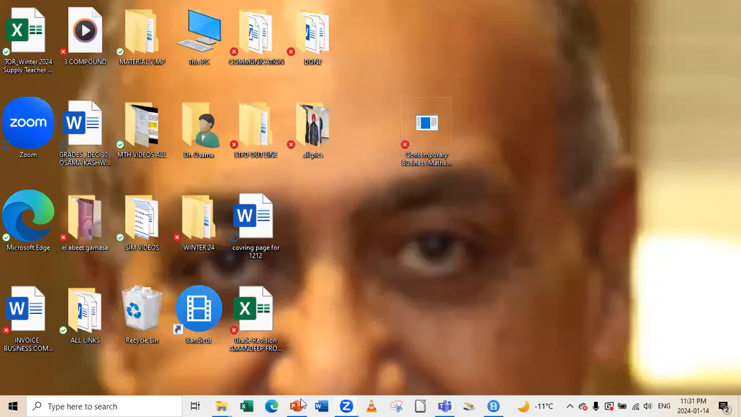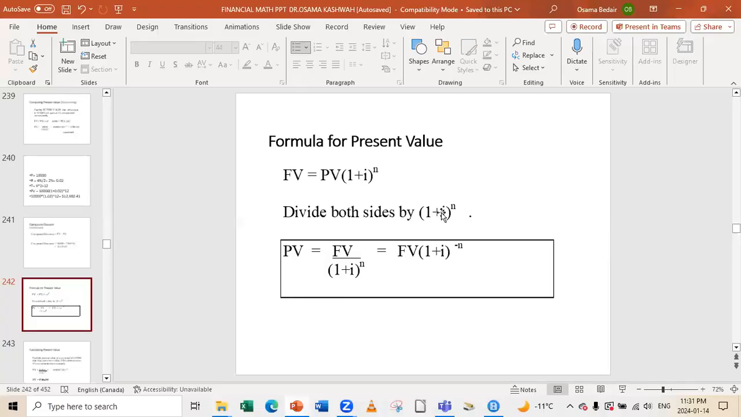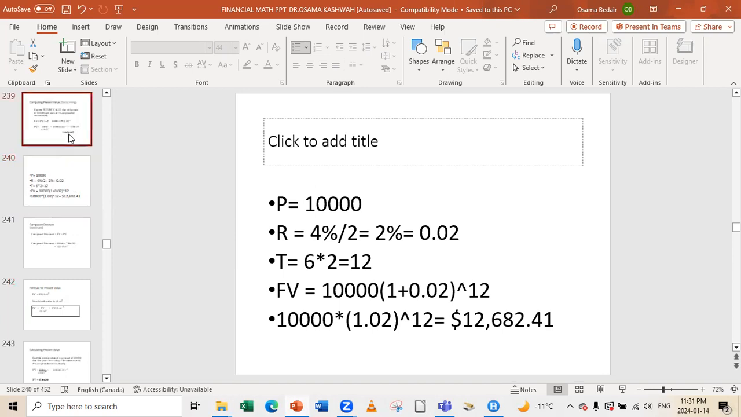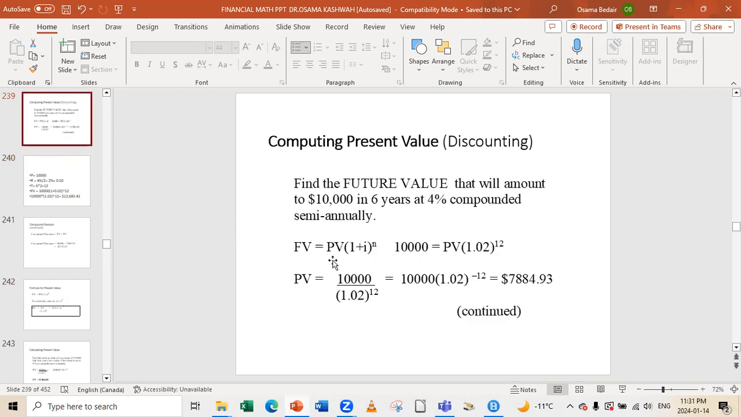We'll go into another part now of the compound interest. This part is very important because it's regarding the future value. So here now, when you come to see,